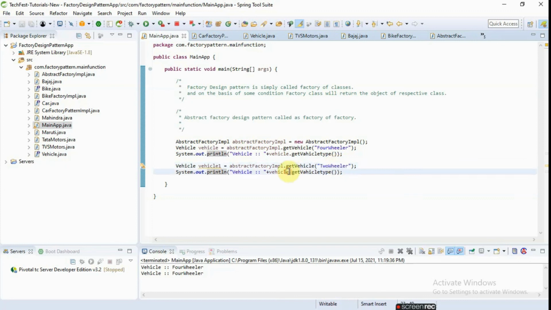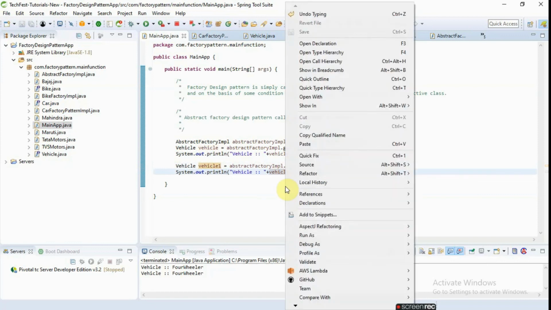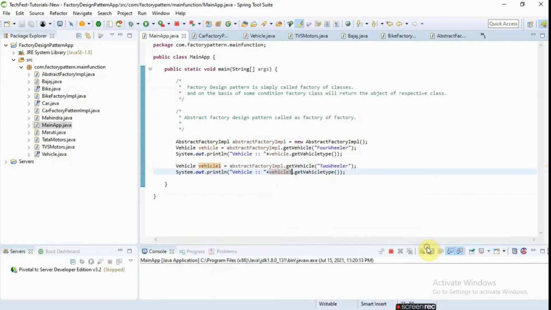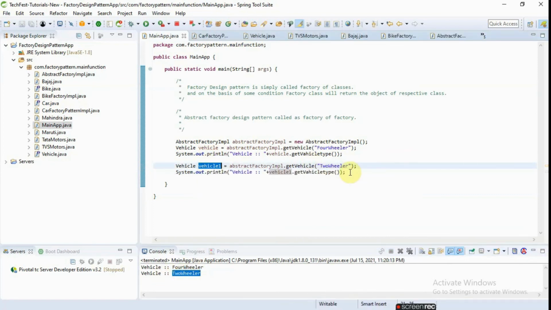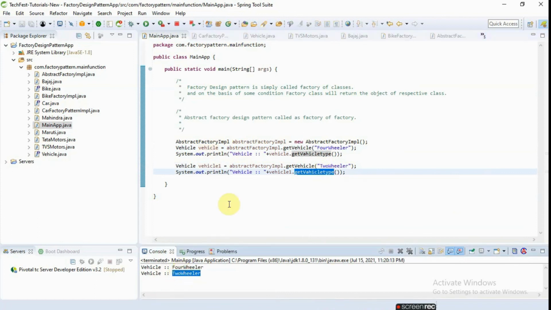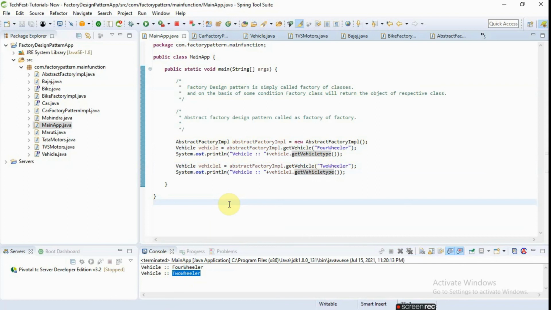Here we have passed vehicle 1. Yeah, now we can check that. As you can see, we have to call it with vehicle 1, but we have called it with vehicle, that's why it was printing four-wheeler. So now it's correct with the four-wheeler and two-wheeler. So this is the basic implementation of the abstract factory design pattern.